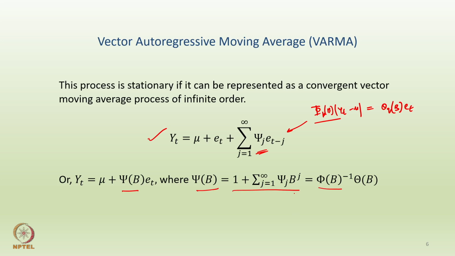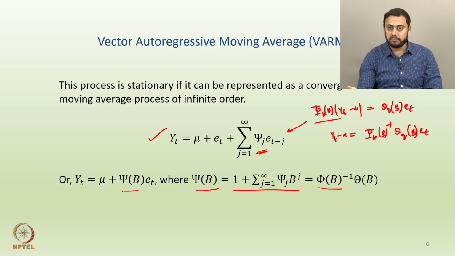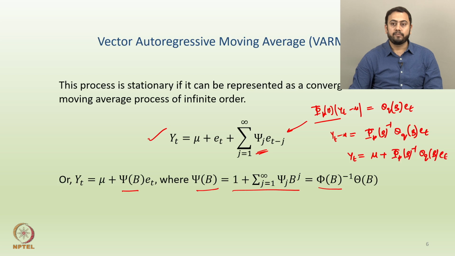Okay. Now again, what exactly is happening here, I will maybe explain in a minute or so. From this equation, can you see that yt minus mu can be written down as phi pb coefficient inverse, and then theta b coefficient applied on et. Make sense? So I am simply taking the inverse of the matrix phi pb and then taking that on the right hand side. And now from this equation I can take mu on the other side. So yt happens to be mu plus phi pb coefficient inverse of that, and then theta qb coefficient applied on et. Make sense so far?